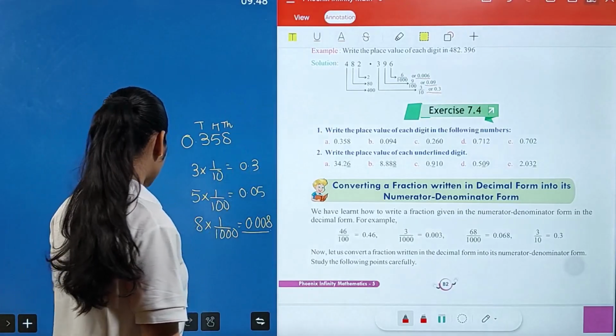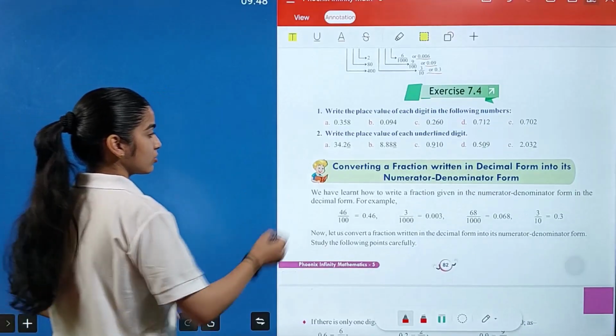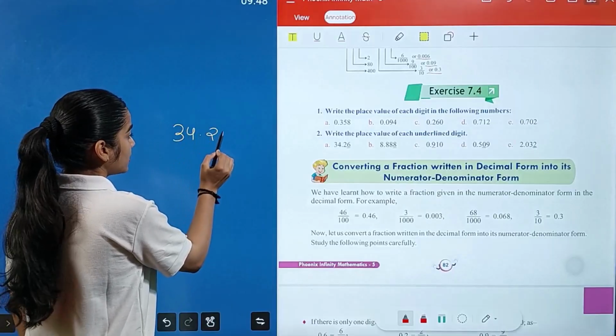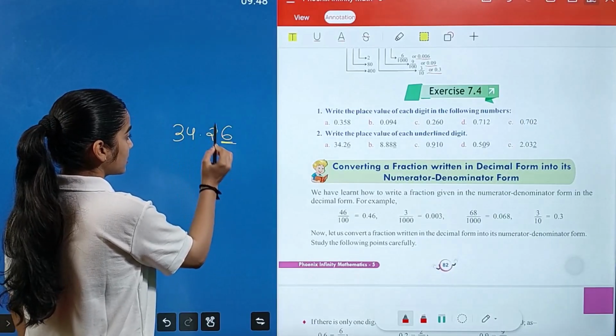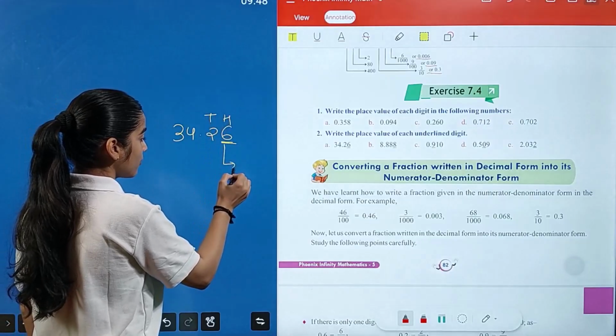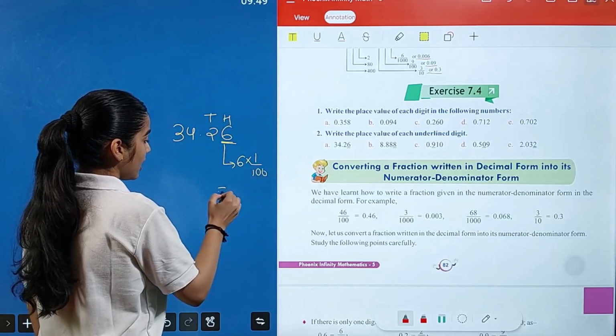Now move forward to the next question. Write the place value of each underlined digit. So in this case, 34.26. This is your tenths and this is your hundredths. So what is the place value of it? 6 multiplied by 1 upon 100, and your answer will be